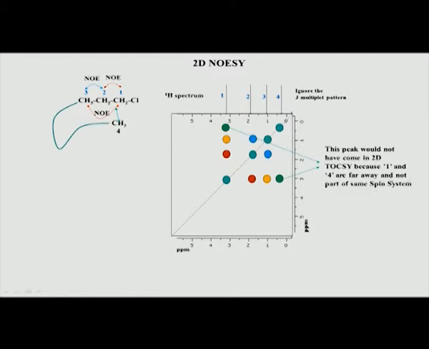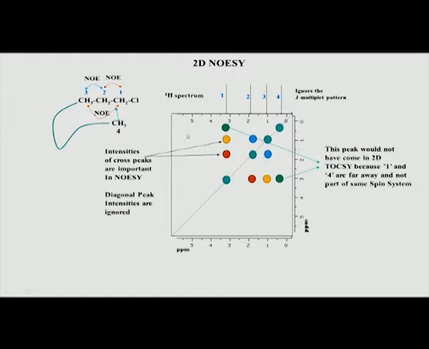Spin system is a set of spins which have some J coupling between each other. Not all of them are coupled to all, but there is no spin which is not coupled to any other spin, means there is no isolated spin. So, that set of spins which are all having coupling within them is a spin system. So, this obviously does not belong to the spin system of these 3 hydrogens, because by bond it is very far away, but NOESY will give you that because it is close in space. So, this is how NOESY helps a lot to get structure information which you would not have got from TOCSY. That is why NOESY occupies a very important role in NMR spectroscopy because of this feature.